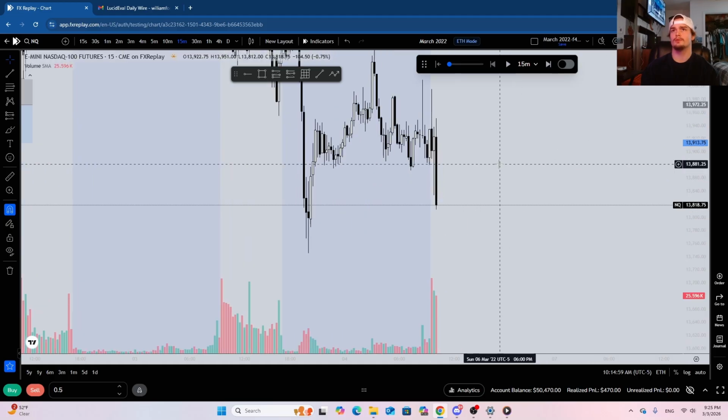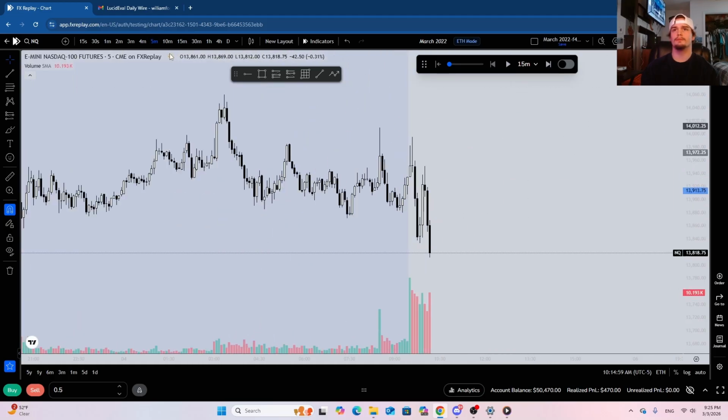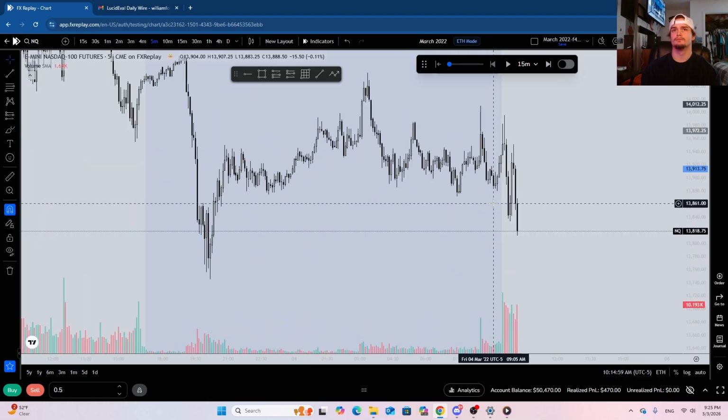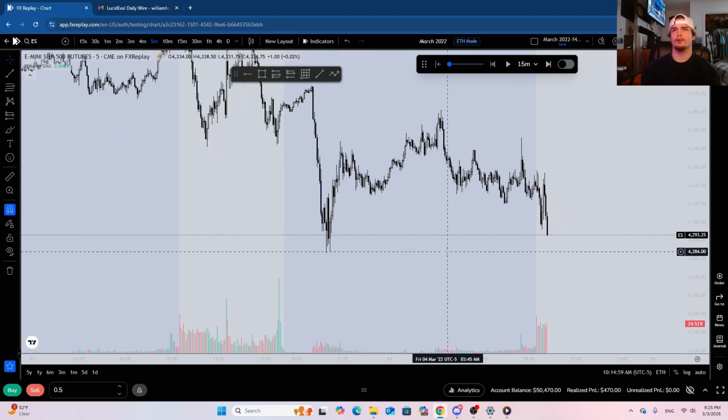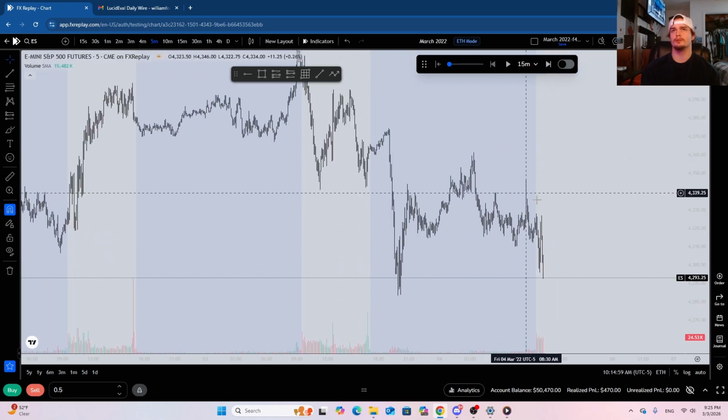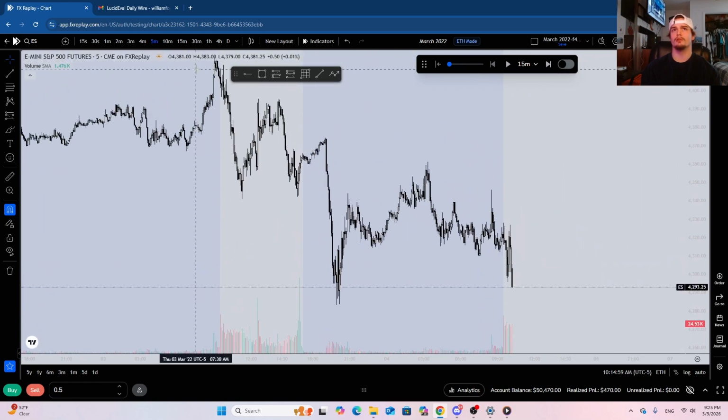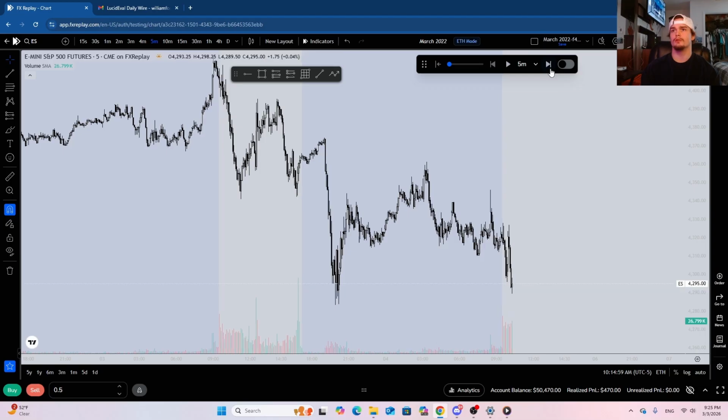Alright, so now we are displacing lower. Let's go to the 5 minute. Oh, this would have been a solid entry right here, I feel like. Okay, let's see how far ES is from these lows. Looks like we are going to form some sort of SMT. We do have this nice trend line liquidity here. I don't know if we're going to end up running all these highs since we are in a solid downtrend, but let's just see what happens. I feel like ES is going to end up taking out this low before NQ.